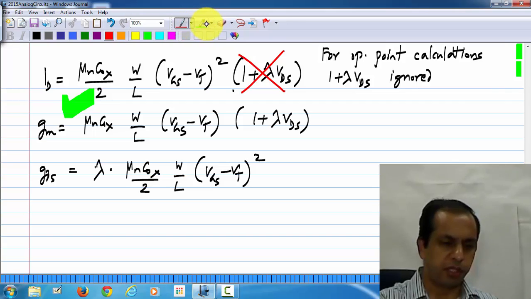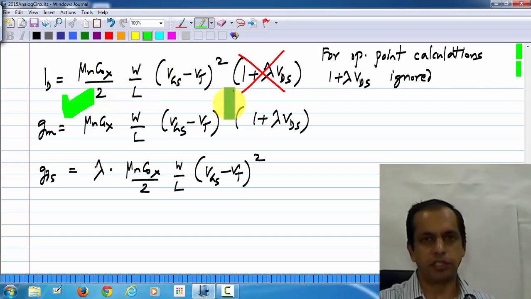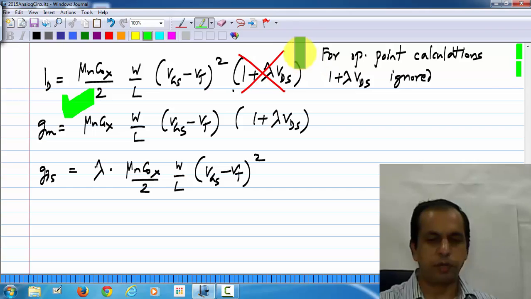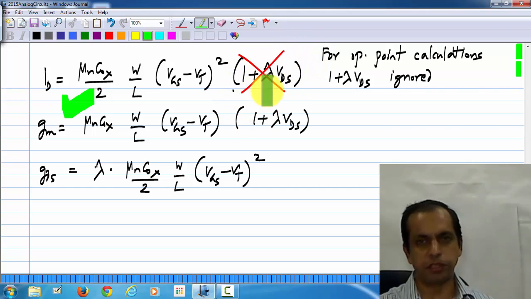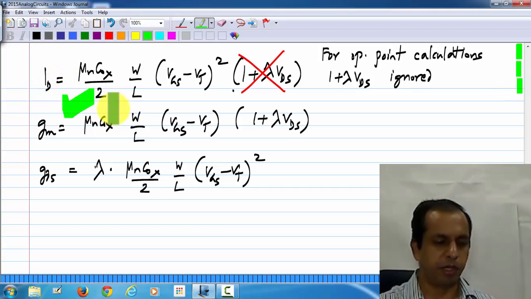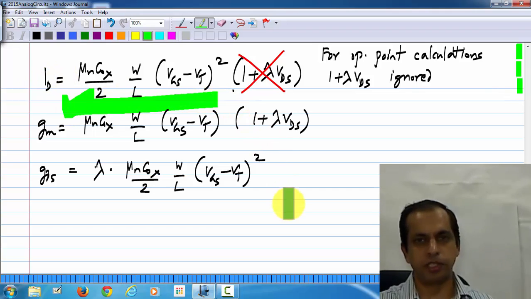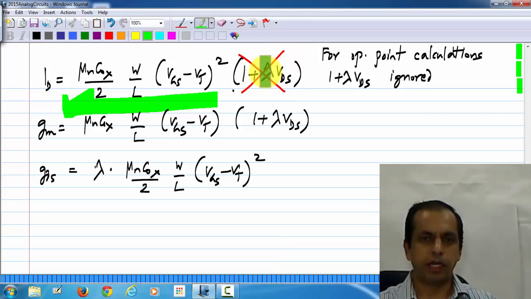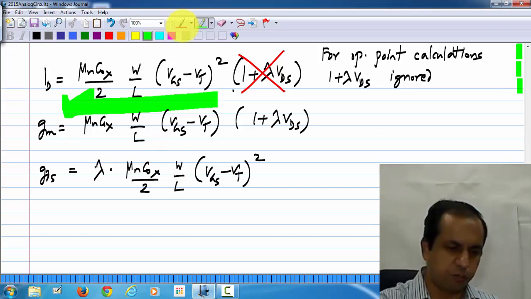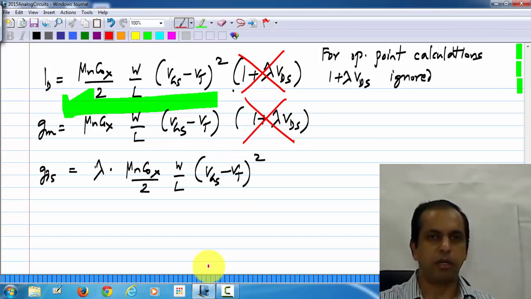So, for operating point calculation, most often we just use this, and if we do have to use that one, we actually use incremental calculations to find the effect of this one. We calculate the approximate operating point only using this part of the expression, and any effect of this we add in later. Okay. So, that is what we normally do, and similarly for GM also this is ignored, okay, because